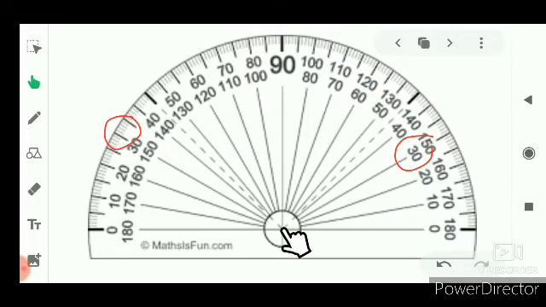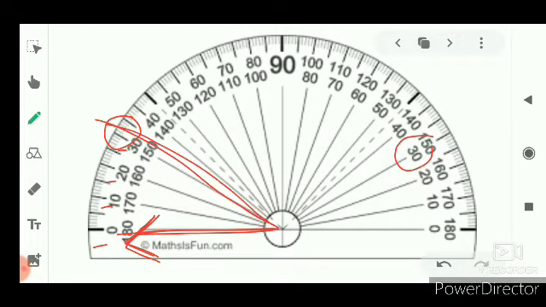In the other case, you can also take this other 30, but the only case is if your starting arm is this side. Then you start counting from here: 0, 10, 20, 30. In that case the angle will be like this. If you start from this side and you take this 30, then this angle will not be 30, this will become 150 degree. I hope you have understood how to make an angle.